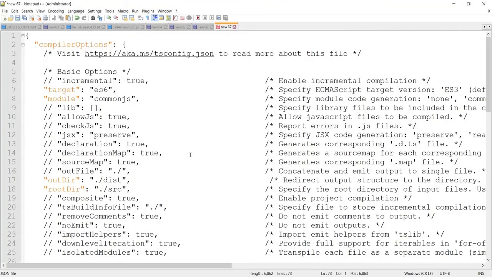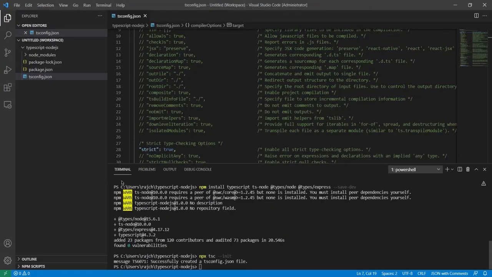You can see I already have the output directory and the root directory here. Let me copy this. This is going to be the output directory. I am going to put all my code inside this. At the root it will create the dist folder, so let me create a folder here at the root. I have created it with the name dist. Inside this folder all the compiled code will be available as JavaScript.